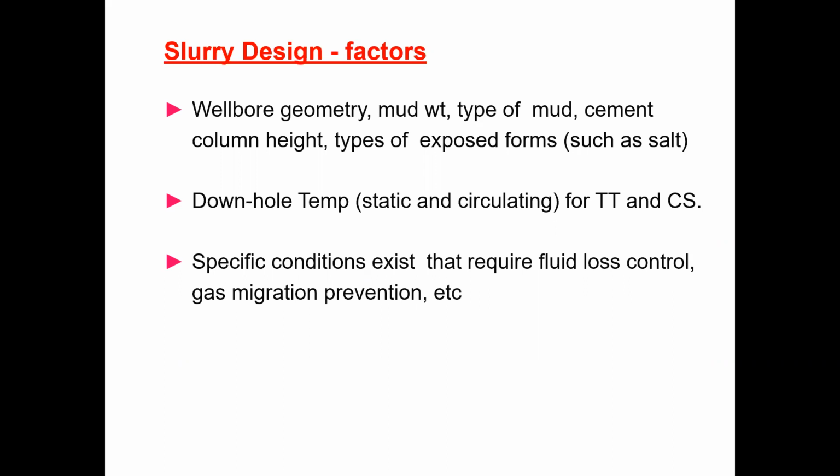Another thing I just forgot to mention: to prevent gas, you can apply back pressure. This actually results in a good bond also. You can apply it in stages. Slowly you have to apply, but you should not exceed the LOT value of the previous casing shoe. So limited to the LOT value of the previous casing shoe, you apply pressure in stages, 50 psi, then check it, anything happening, are you losing, is the pressure dropping. If there's no drop, after 5 minutes, again apply 50 psi extra. So you can apply 500, 600 psi within the permissible limit of the previous casing shoe. That much back pressure should be applied for 4 to 6 hours.